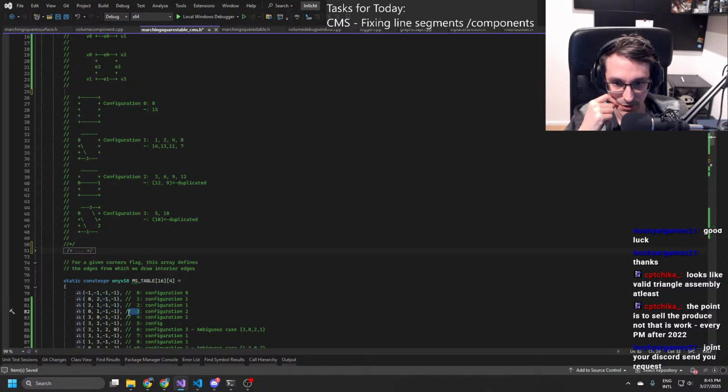Then we have 3, which goes from 0 to 1. That's a configuration 2, that's correct. Then we have 3 to 0, which is again configuration 1, perfect. And then we have here 3, 2. So 3, 2, that's configuration 2 here. And then we have 3 to 1